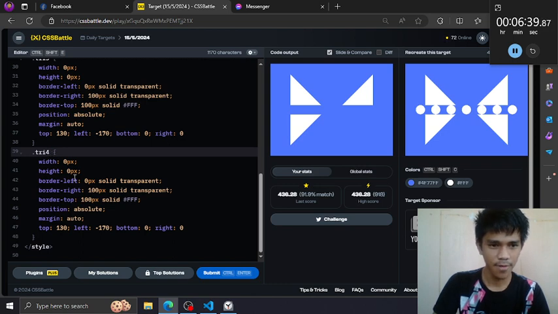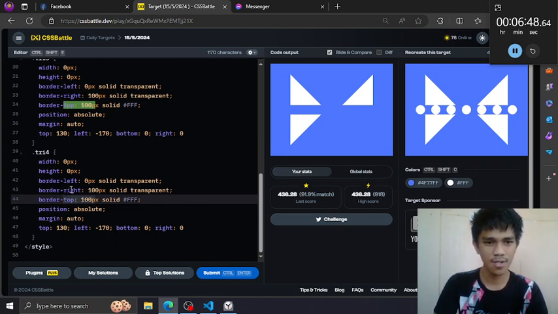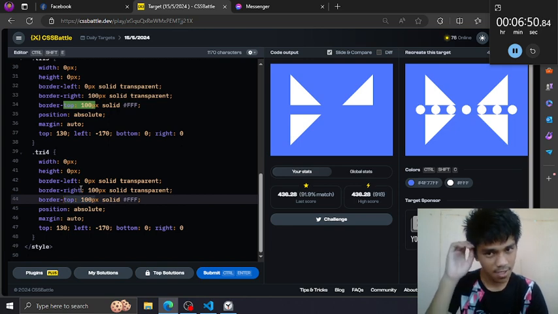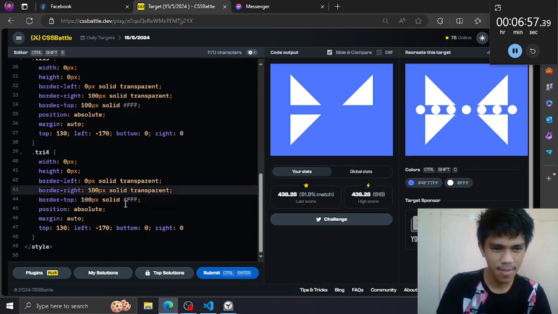For the triangle 4 has a base of top. Okay, this is right, and has a perpendicular to the, this is not right but left, I guess. Yeah, let's make this left.